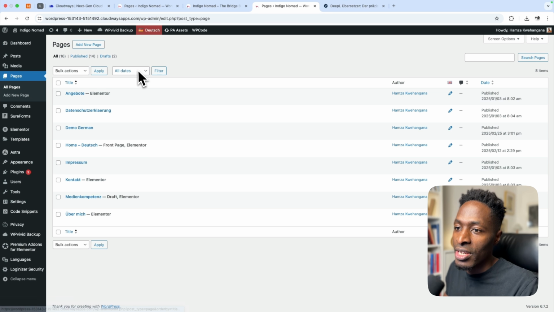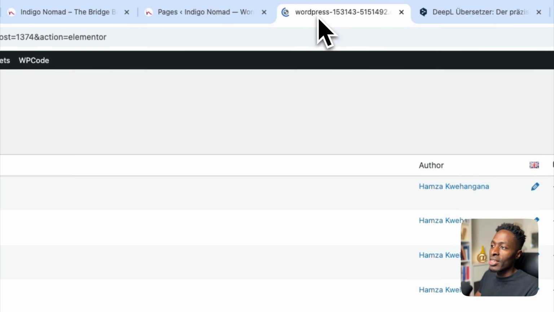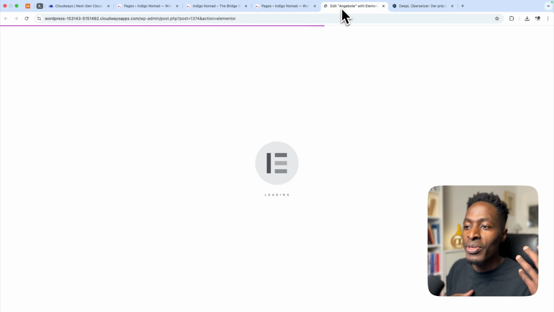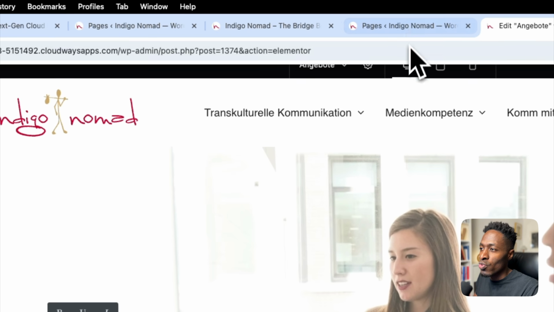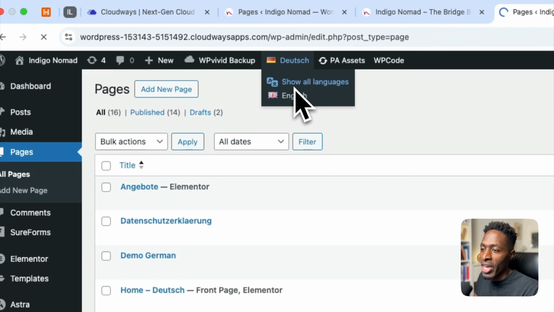So for instance, I am going to come over here to this page called Angebot, which is like offer or service, and then I say edit with Elementor. This will open up this page in the Elementor editor, and then you go ahead on each and every section of the website and translate the text there. I would also show you the English version in this case, so show all pages,